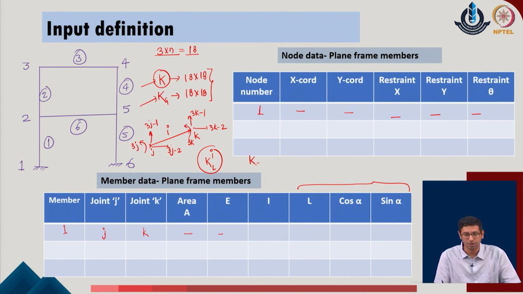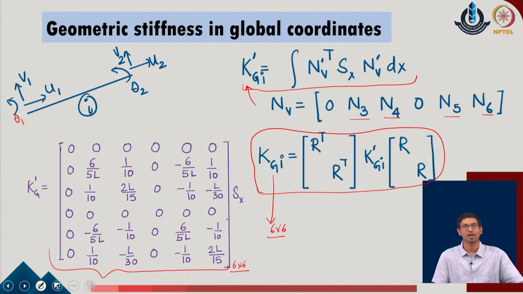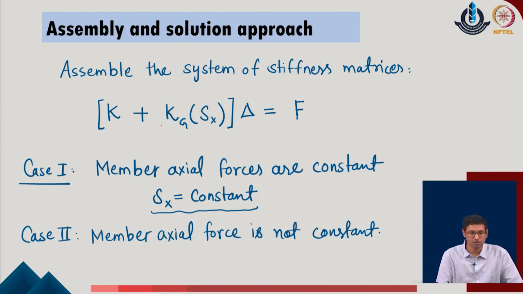Similarly, I can come up with the geometrical stiffness matrix for the member i, and I will put that stiffness matrix in the position of these degrees of freedom in the k of g, the global stiffness matrix of the geometrical stiffness in the given system. Once I am able to do this procedure, I will get the overall stiffness matrix: the linear stiffness contribution of the system, as well as the geometrical stiffness contribution of the given system.